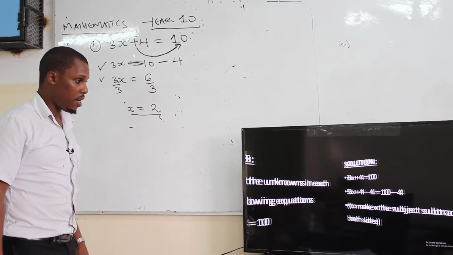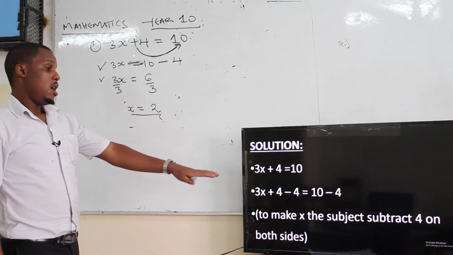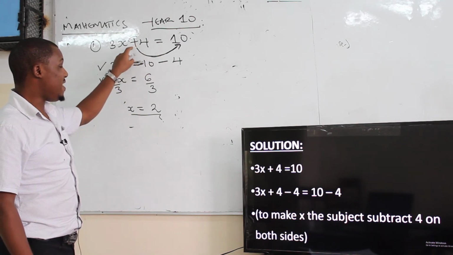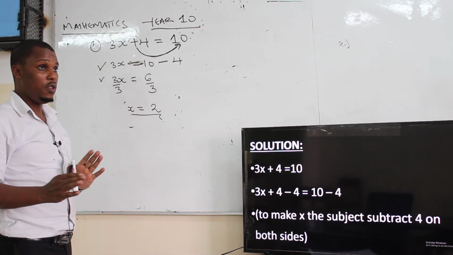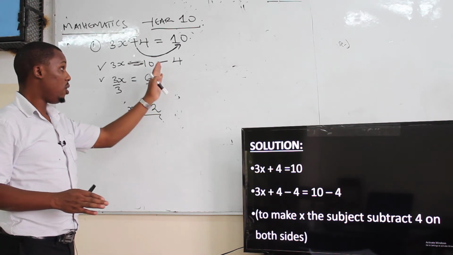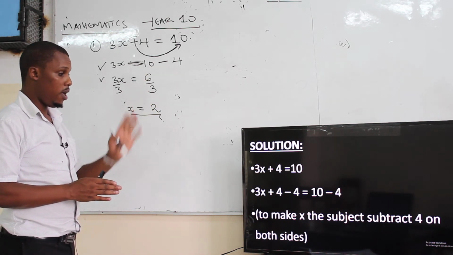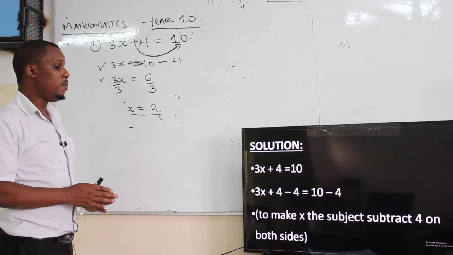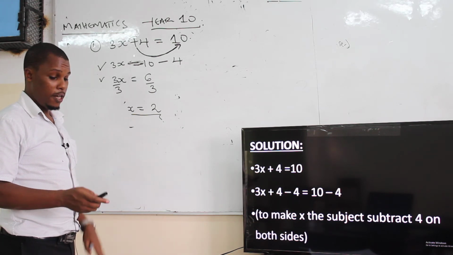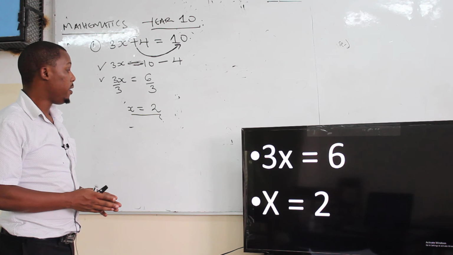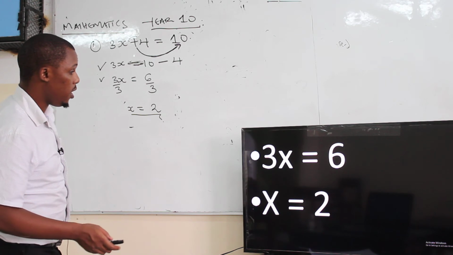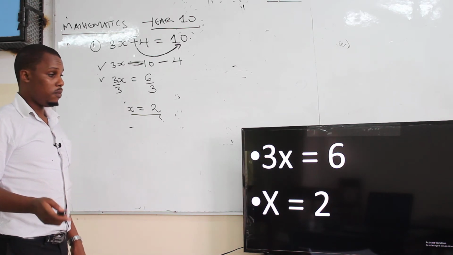You can see in my next slide that the solution is the same. Either you subtract the 4 on both sides, or you take it to the other side, whereby the sign is going to change. In both cases, you cannot be penalized. You can use method 1, whereby you subtract on both sides, or method number 2, where you take your constant to the other side. Then, to make x the subject, subtract 4 on both sides, and finally divide by 3 and find our solution is equal to 2. So that's the case I'm talking about.